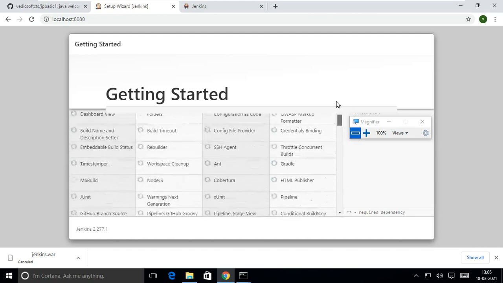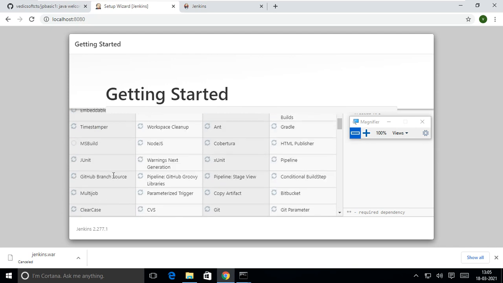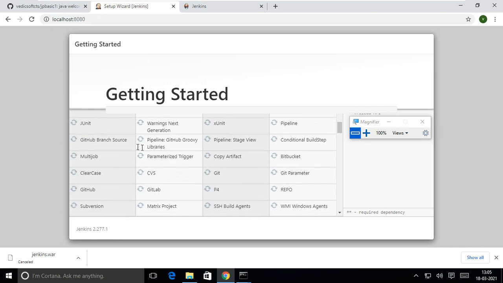Because there are more plugins, it will take a lot of time to load. But if you don't put them, you may not get something. Important plugins are like Dashboard View, Folders, Configuration as Code. Build tools are required, and Gradle, Maven. Timestamper is required. JUnit, pipelining is important anyway.